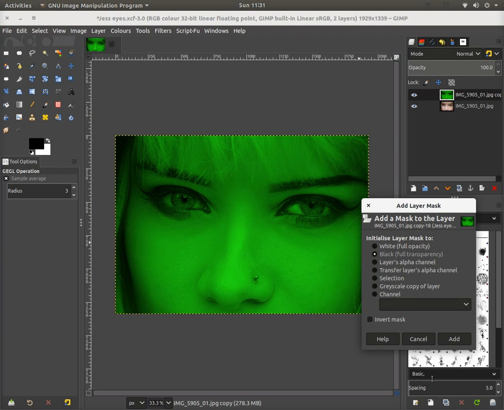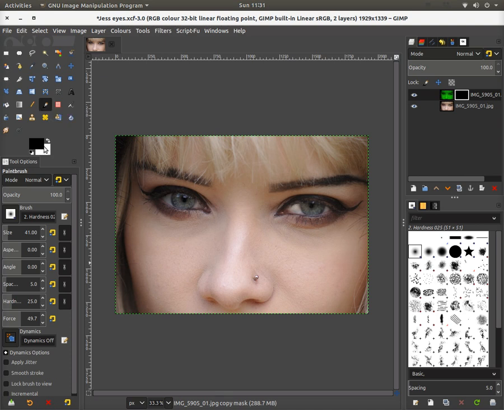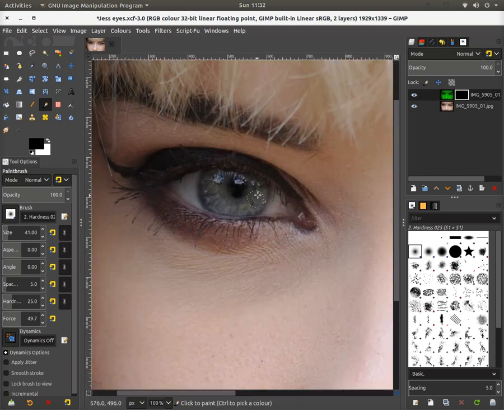So let's pick the transparency. You don't want to invert the mask, so make sure that that's unchecked, and you want to click add. Now you can see that the original layer, the green, is still there, but the mask has now covered that over with the edit that we want. Now I mentioned working on the opposite colour channel, because if we work off the black, if we control and zoom our mouse wheel, nothing will happen. So use these little arrows here,